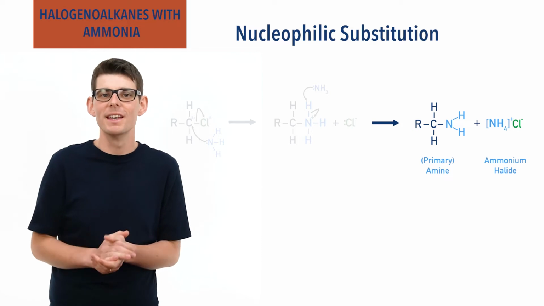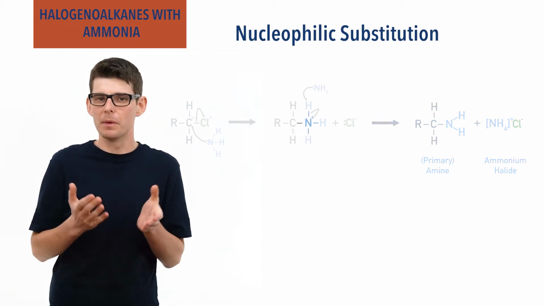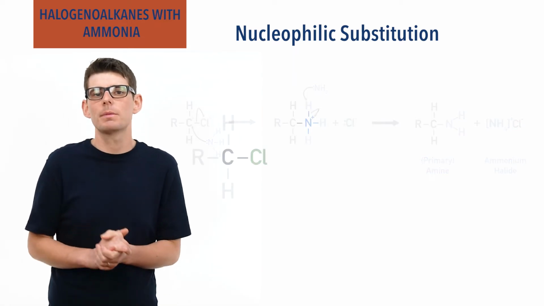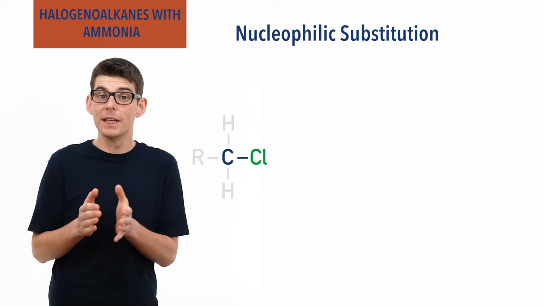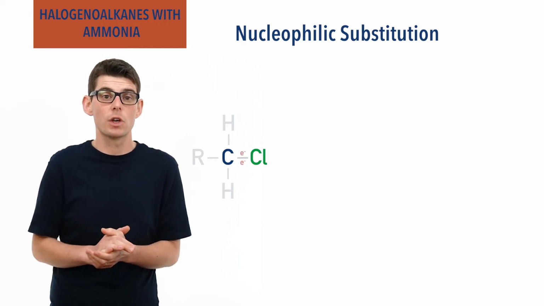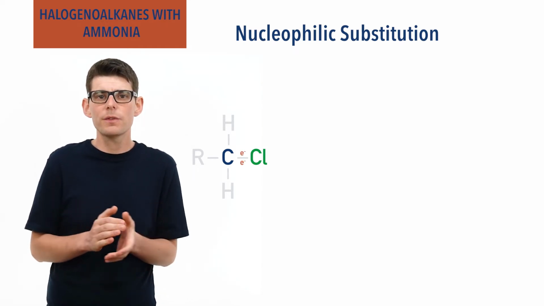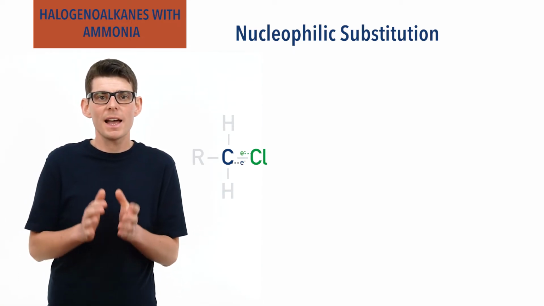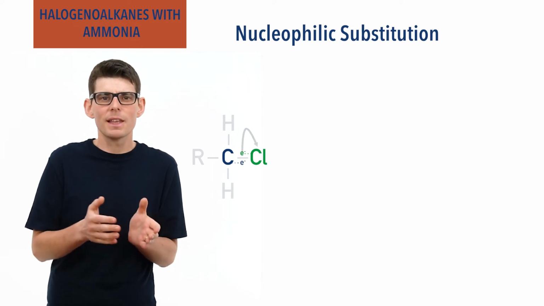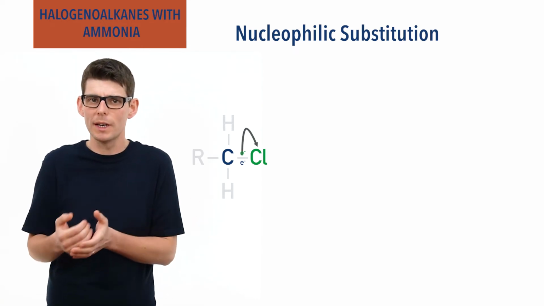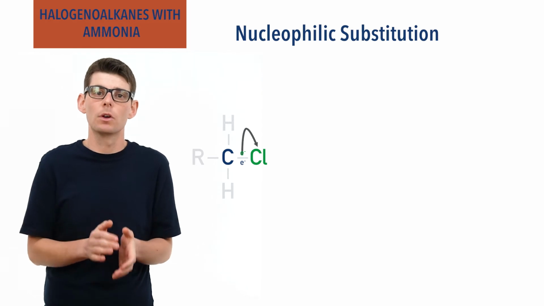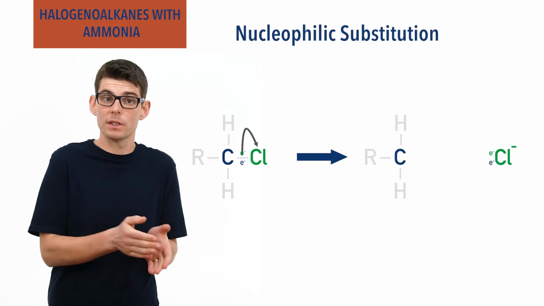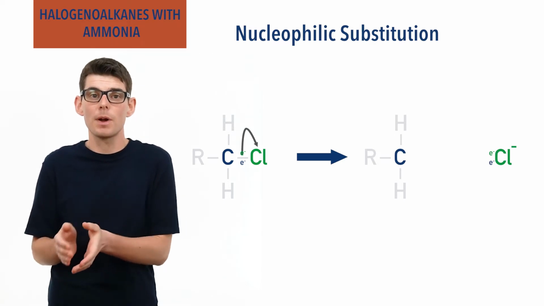It can be tricky to see why the nitrogen ends up with a positive charge in the middle of this mechanism. Inside a carbon-halogen bond, the halogen and carbon each share one negatively charged electron. You can kind of think of it as one electron belongs to the halogen and one to the carbon. As the carbon-halogen bond breaks then, the halogen effectively takes back its own electron and the electron that belongs to the carbon atom as well. This means the carbon atom loses one of its electrons as the carbon-halogen bond breaks.